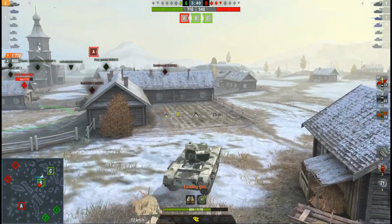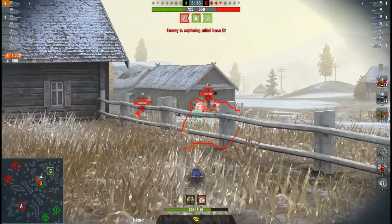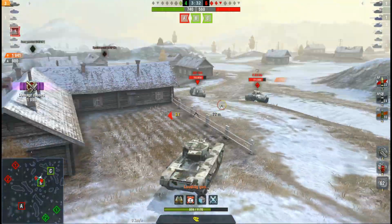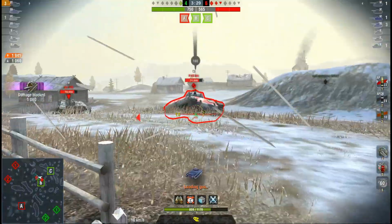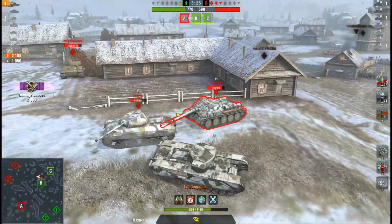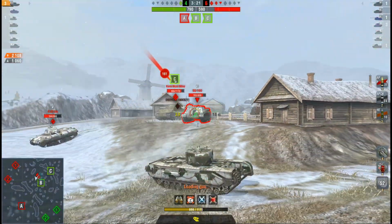I want to do as much damage as possible, not even swapping to APCR, because I would cut down my DPM even more. But against an SU-100, against the P-43, and as said, the frontal armor has been burst, so you will bounce a lot of shots like this. And then I can shoot him once more, there we go, move past him, the SU-100 is hungry. They just all want to shoot me, and yeah,